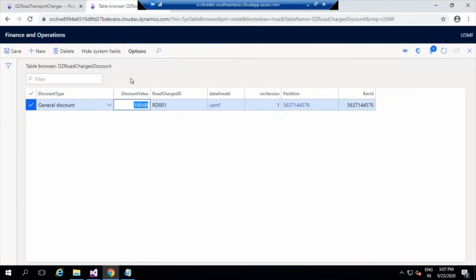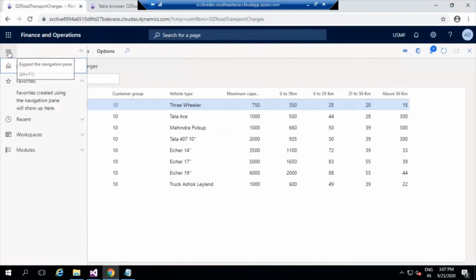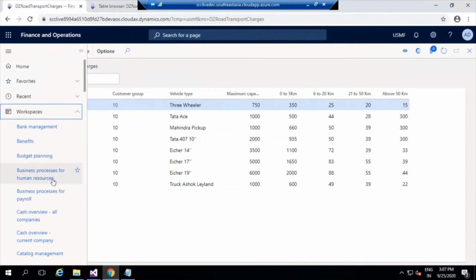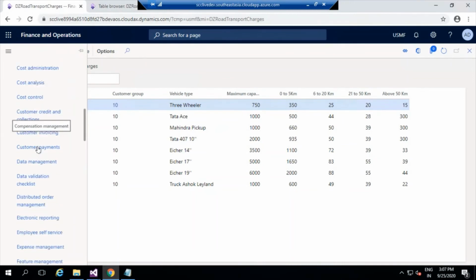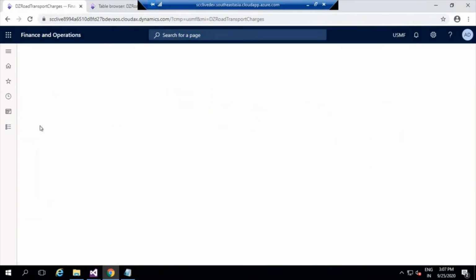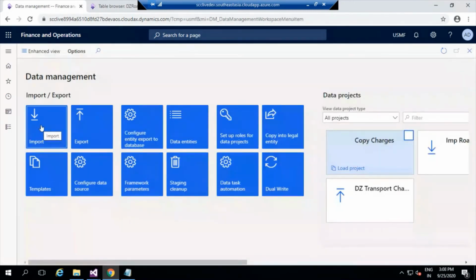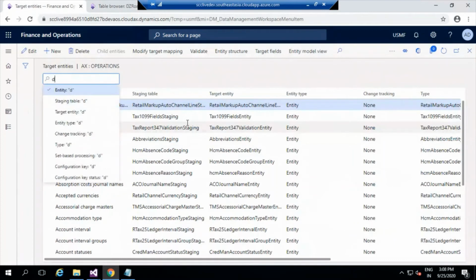Okay, if you copy paste, there is a tendency that you may lose some spelling, which will be unrecognizable while dealing with any errors. Fine. So to check whether the entity has come in or not, I can go to my workspace, and I can go to my data management workspace. First, let me go to the data entities and verify whether my entities are coming or not.